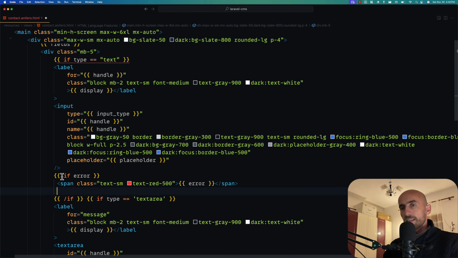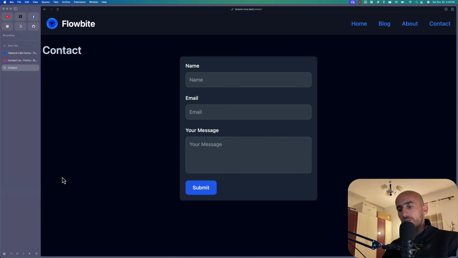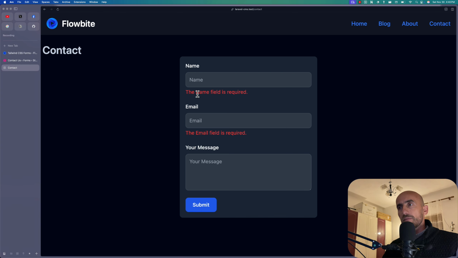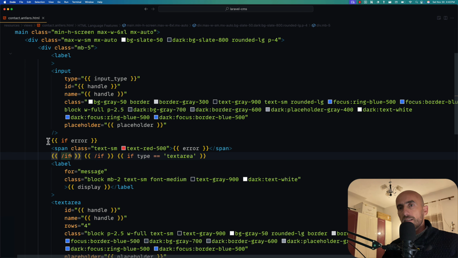So double curly braces if. If I save, and let's see on the browser, if I refresh, submit, the name field is required and the email field is required. Good. Let's do the same thing on the, so I'm going to copy this if statement,